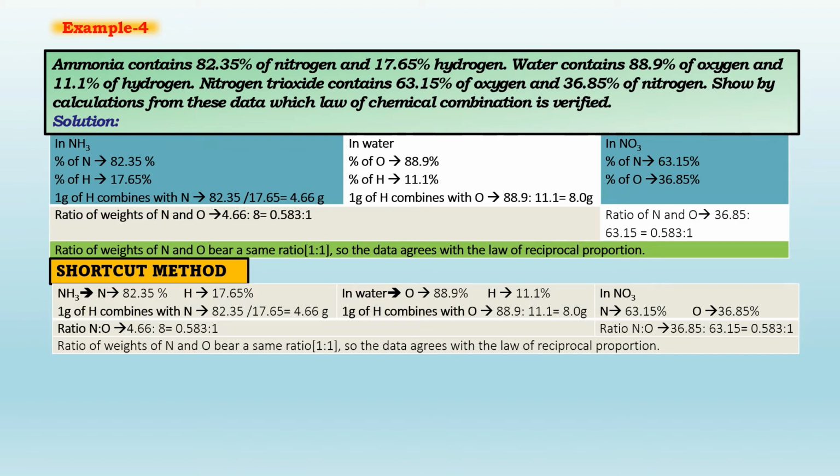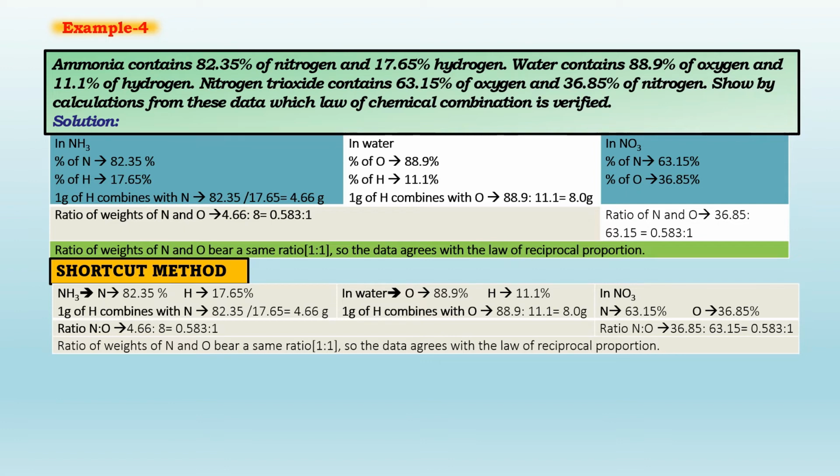In water, the percentage of oxygen is equal to 88.9%. The percentage of hydrogen is equal to 11.1%. So 1 gram of hydrogen combines with oxygen equal to 88.9 divided by 11.1, that is equal to 8 gram. So the ratio of weight of nitrogen and oxygen is 4.66 divided by 8, is equal to